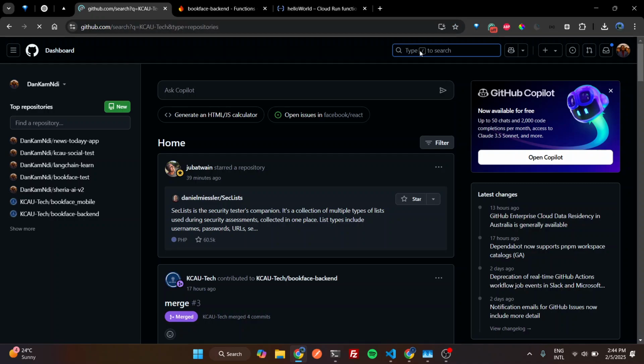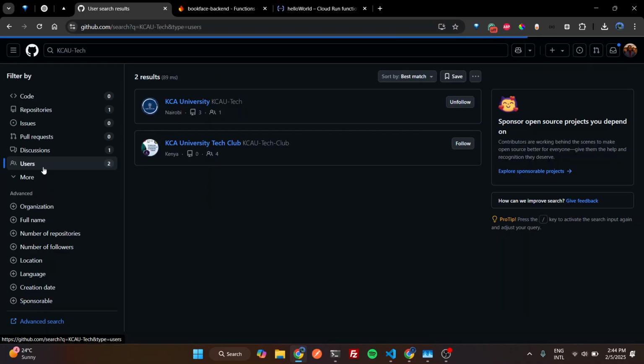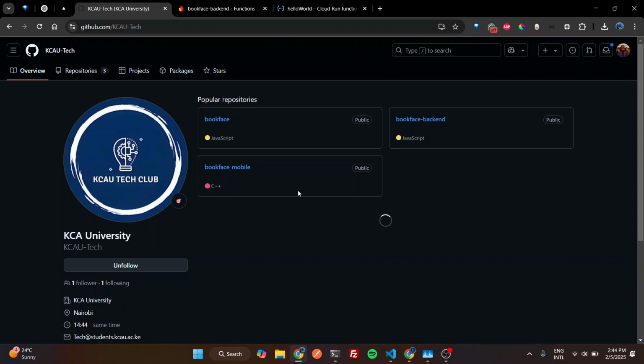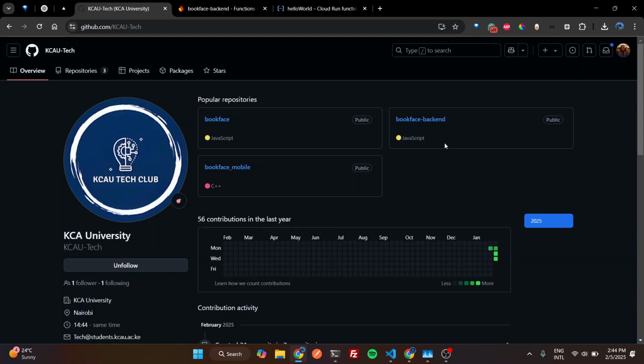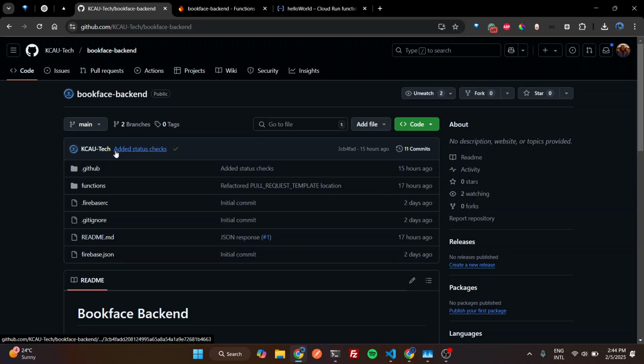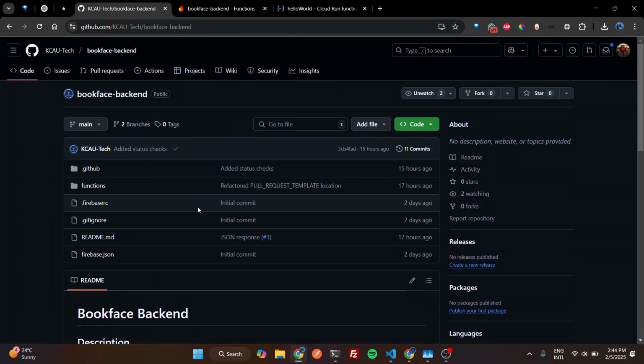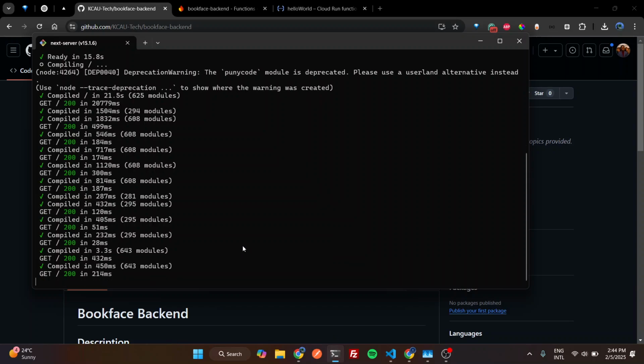And then once you search, you will go to users. You will search for users and you will pick the first one. And while you are here, you will go to this Bookface Backend. This is where all the backend code is, and from here we can start contributing to the code. So we'll look at